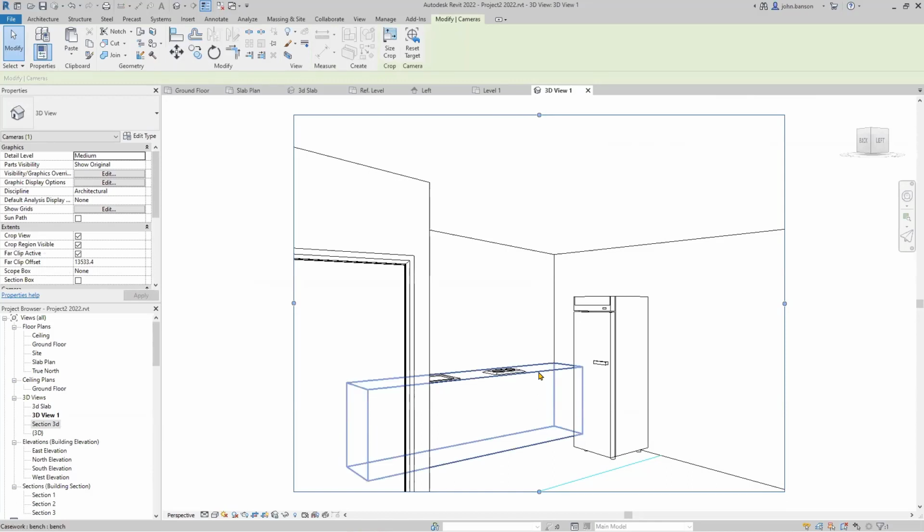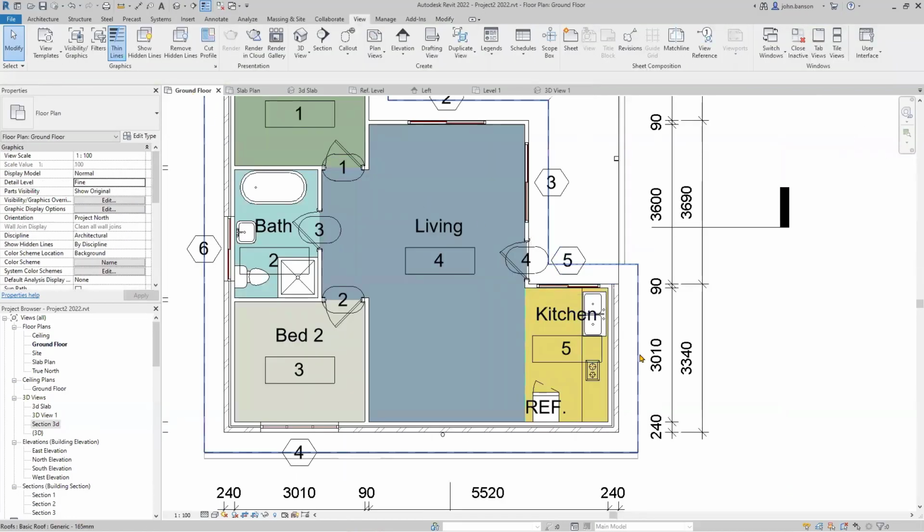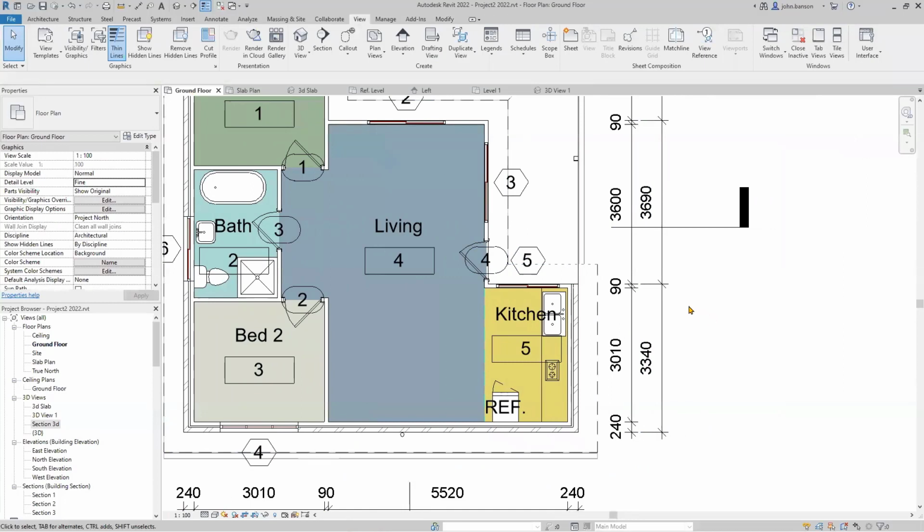But probably the best way of doing it though, so I'll delete that there now and go back, and I'll create a family so that it can be used all the time. When you do a model in place, it can only be used in that project that you're using. It can't be transferred into other jobs. So